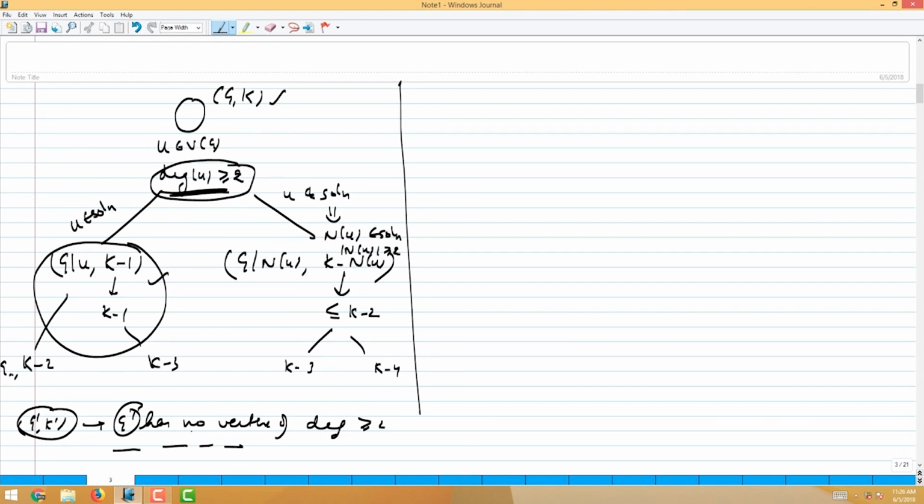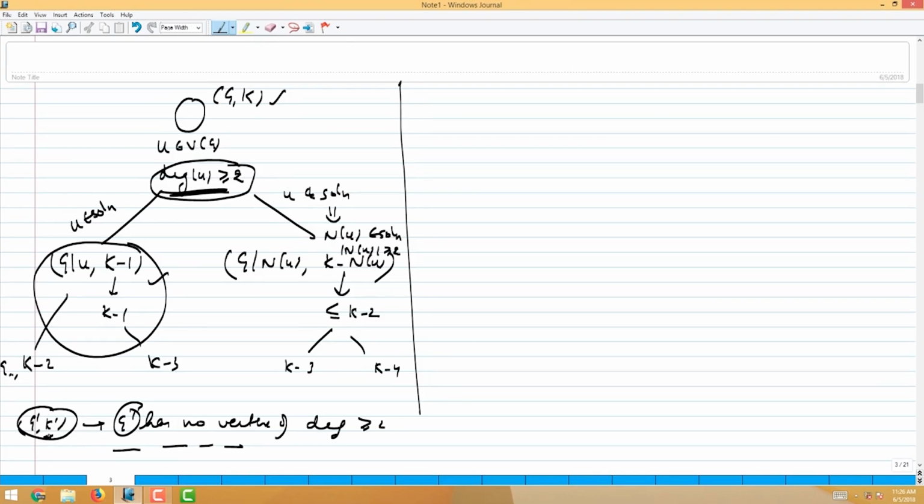On these kind of leaf nodes, we know that this graph has to be isolated edges. And what do we need to check now? There should not be more than k prime of these edges, right? Because from each edge I have to pick some. So basically in this graph I have to check if this graph has a vertex cover of size at most